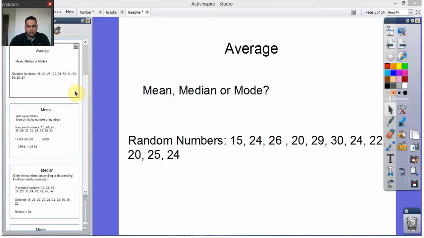So what we're going to do is work out averages. There are three types of averages that we need to think about: mean, median and mode. So here we've got a set of random numbers: 15, 24, 26, 20 and so on. They're random numbers, we can use any other numbers, but here we're going to use these numbers that have been